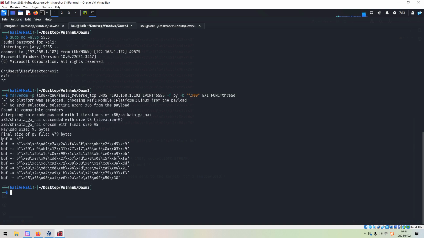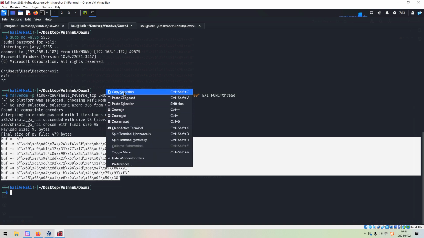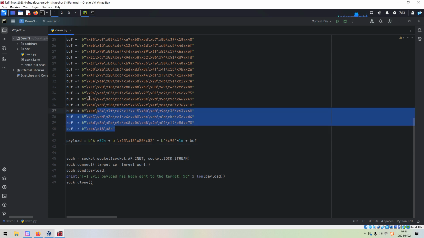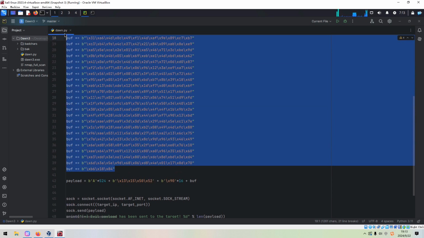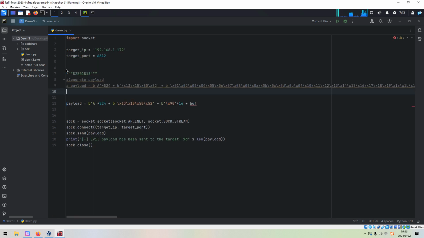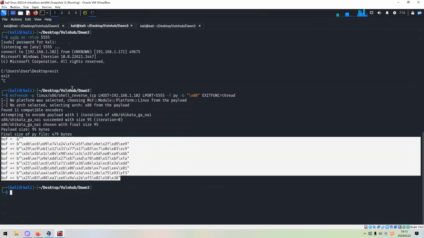Okay, so this should be the new shellcode. We can copy, and we can replace this shellcode. Okay, and the IP address, of course, would be different.